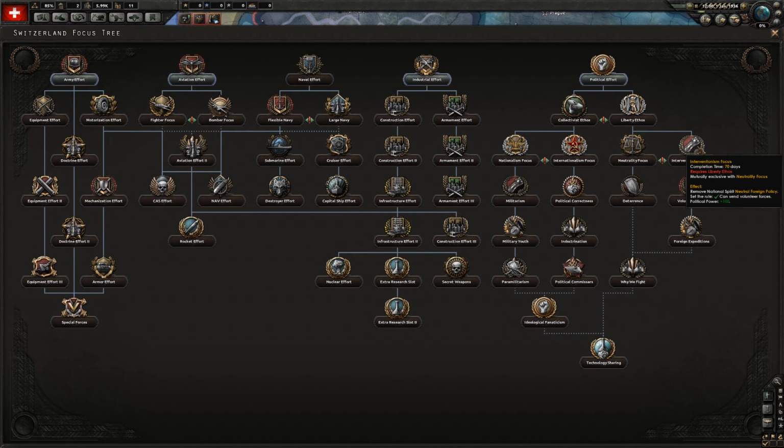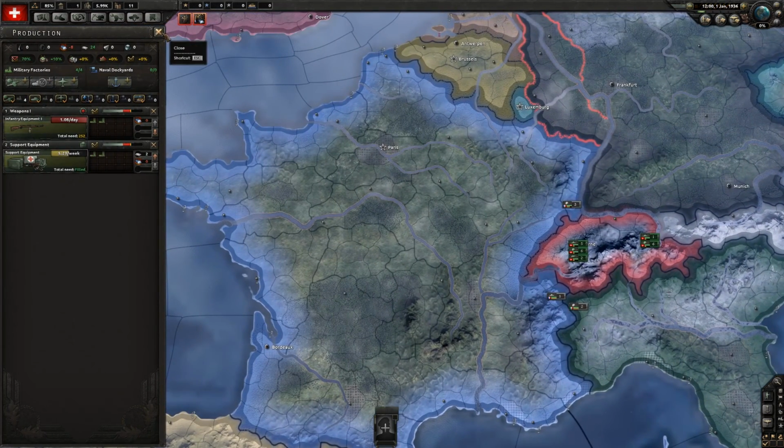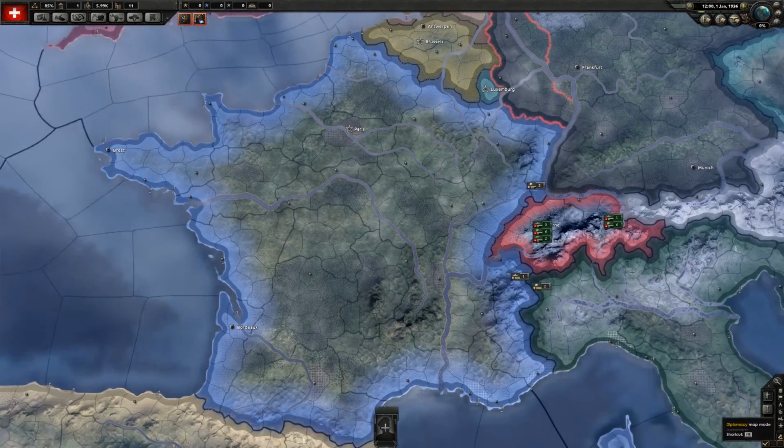We can't be any more neutral with that. But we could send volunteers to other countries. I think I'm going to go down this route at some point. But at the beginning, let's go army efforts. +5 for land doctrine, no. This one we get industry research bonus. That one we will start. It takes 70 days, which is not that long. But yeah, I think that's going...